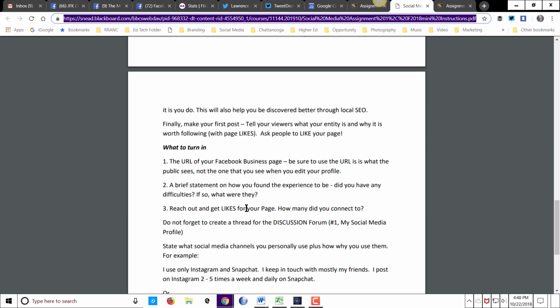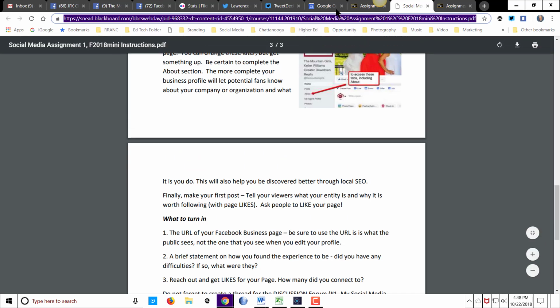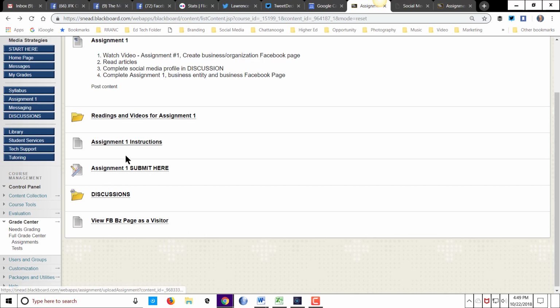And then we're going to, how many likes did you get? You may not get many this first week in particular. And then it says don't forget to create a thread in the discussion, but we'll come back to that in a second. First, I want to go, and every time there's an assignment, you're going to see within the assignment